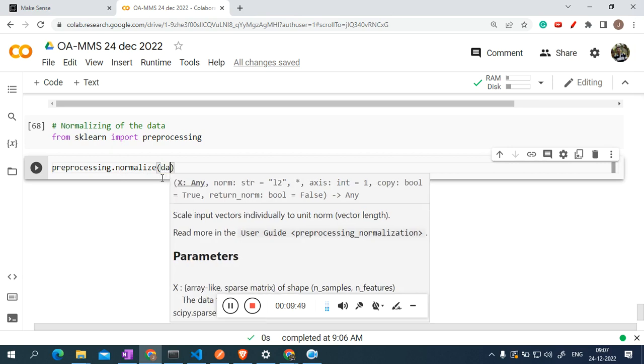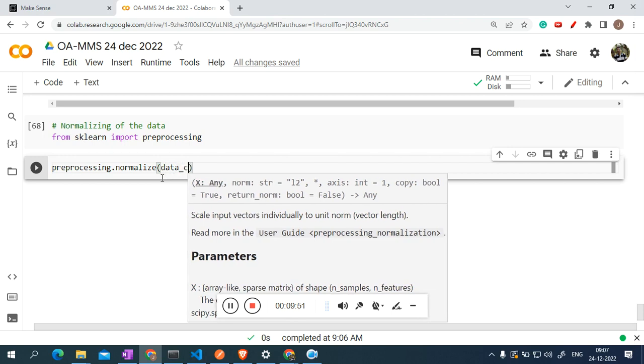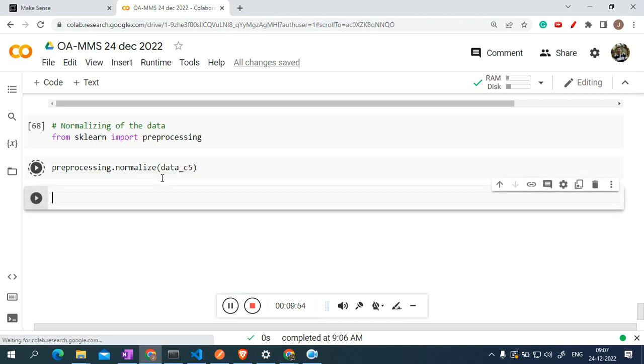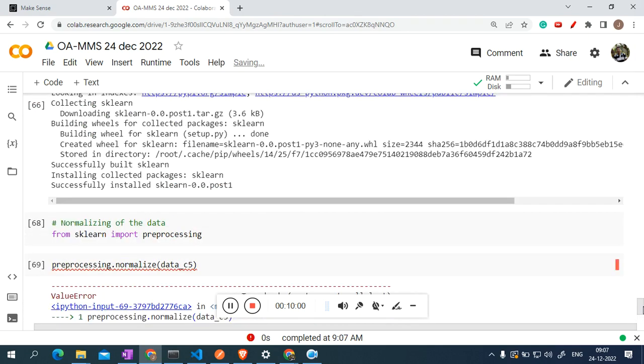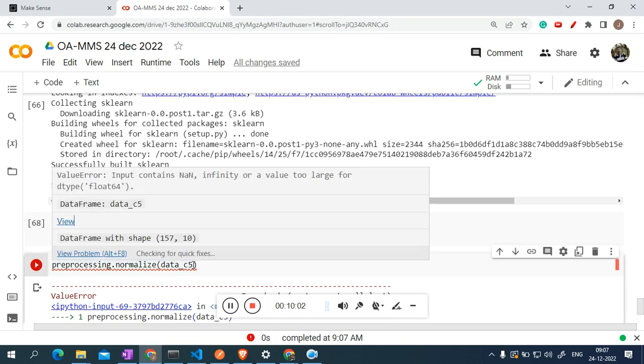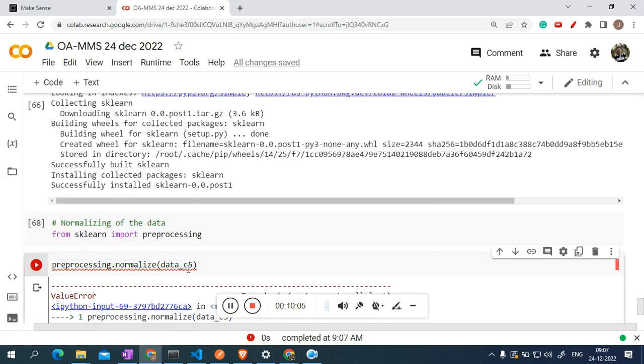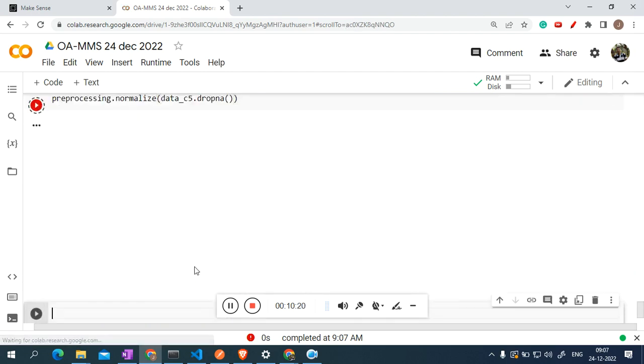just pass your data. What is my last data? C5, right? Pass the data and you will get the output. You are not getting the output because some None value is present. It shows that I actually removed all None values. But if you get this type of error, then what you need to do, normalizing deals with numerical values. So if you get a None value, you will get an error in that case. So what you can write here is dropna,